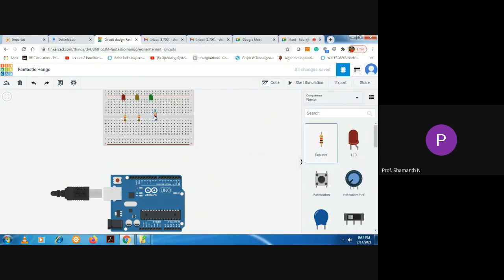When you are placing, place it parallelly. You can place it serially or parallelly, so let us place it parallelly itself. Like parallel pins, you connect the resistors. Once you place the third LED and third resistor, change the resistor values. The resistance value of all the resistors should be 220 ohm. Click on the resistor and change the resistance value.